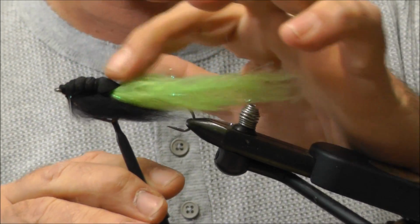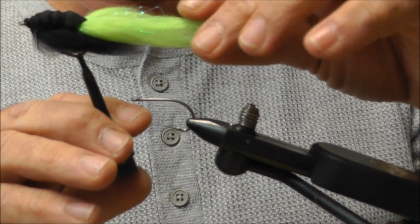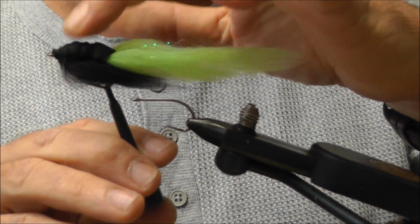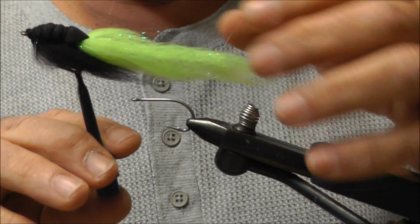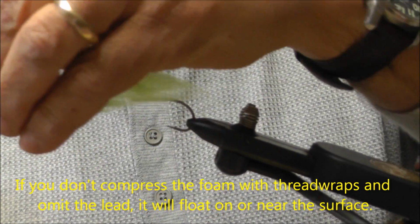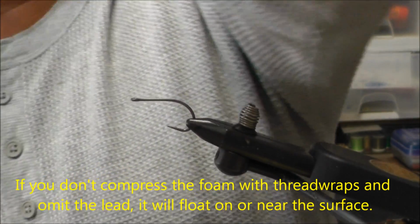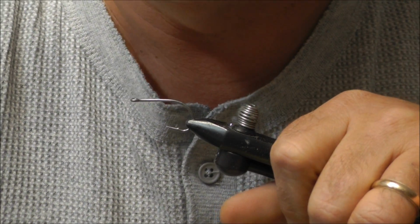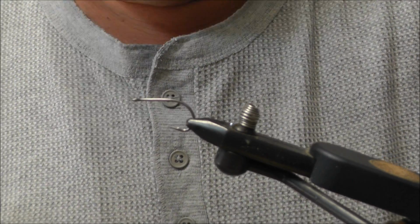This little foam head will kind of keep it... The materials absorb water, so it's going to want to sink a little, and then this compressed spider body keeps it from sinking as fast. But I still put a little piece of lead just to kind of help it sink if I do want to fish deeper. As soon as you start stripping, it pops up and comes up to the top, follows your floating line and leader up. But